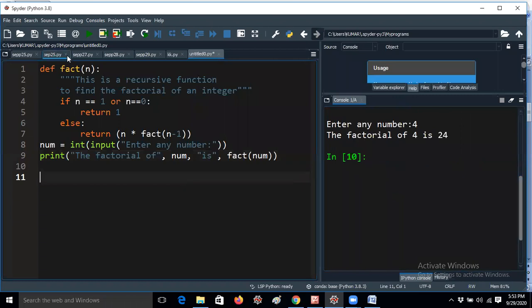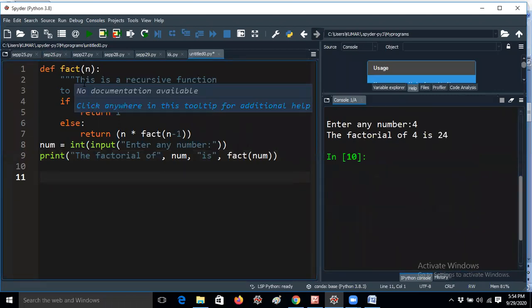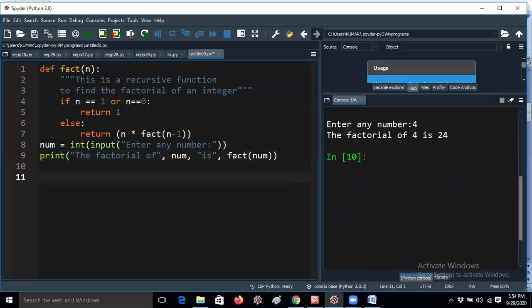Here factorial is not a predefined function, though we have a predefined factorial function in Python. I agree, but it only works when you import math, because you have to call math.factorial. In that method you can do like that.